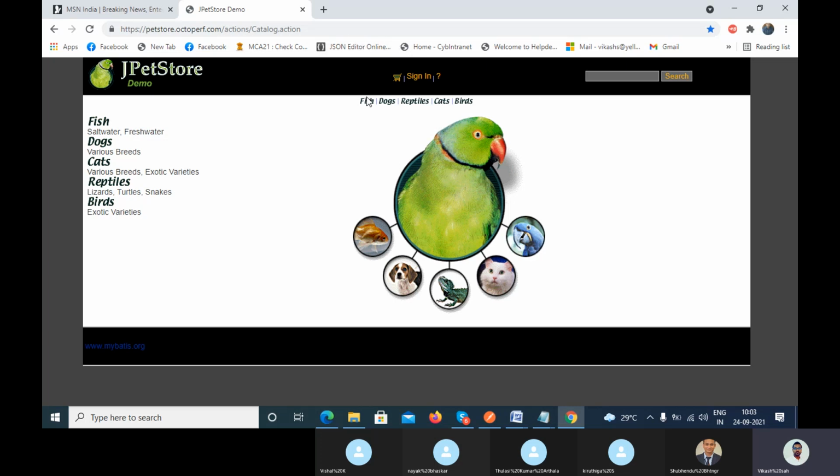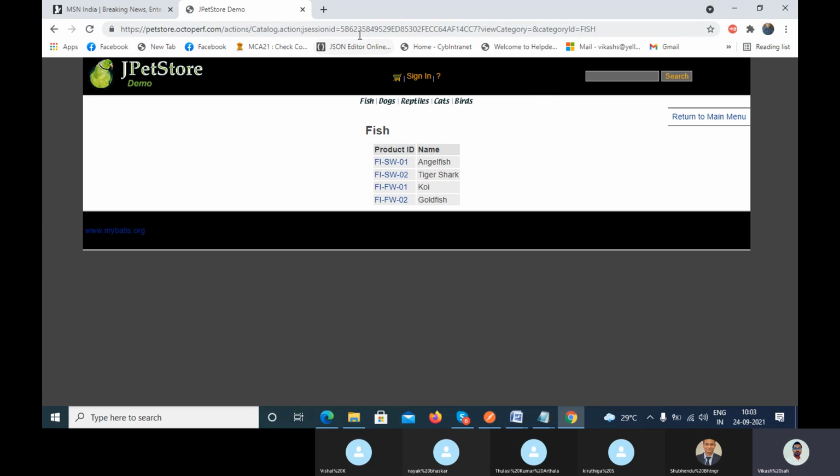Let's suppose I click on the fish. You can see here the session ID is assigned by the browser.